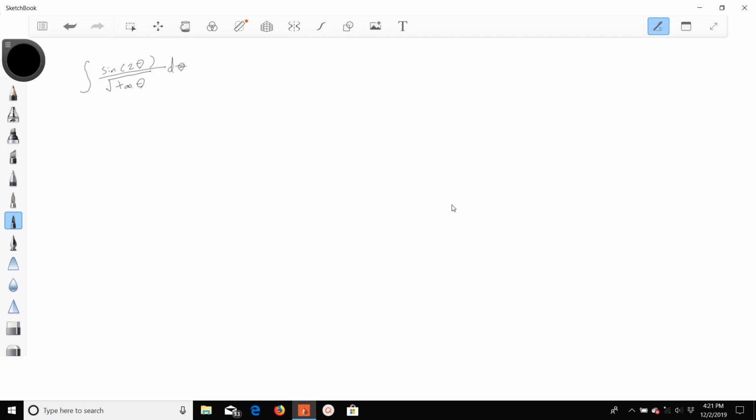If I remember right, this becomes the integral of 2 sine theta cosine theta over tan theta to the 1/2 d theta, which becomes the integral of 2 sine theta over square root tan theta times cosine squared theta over cosine theta d theta,